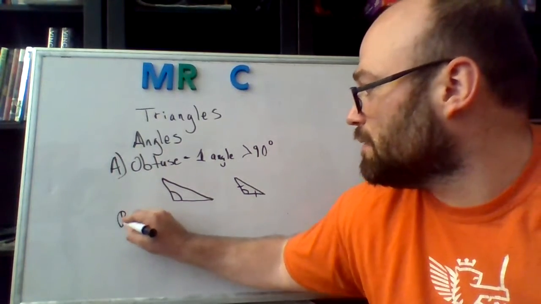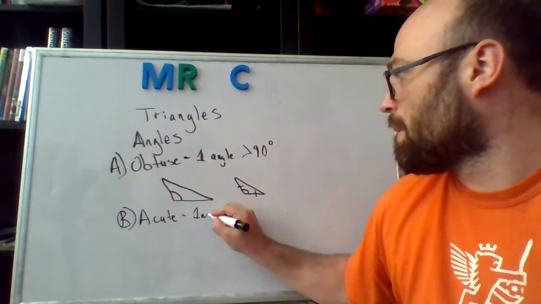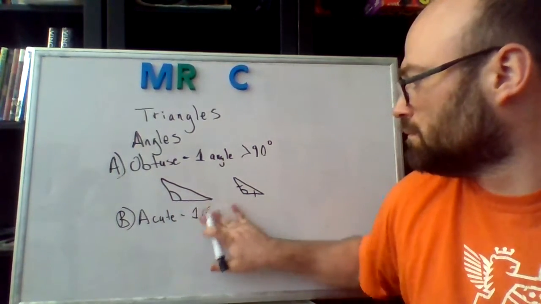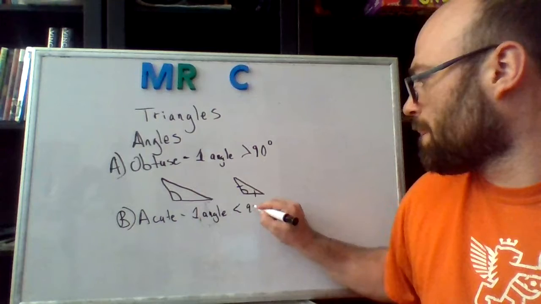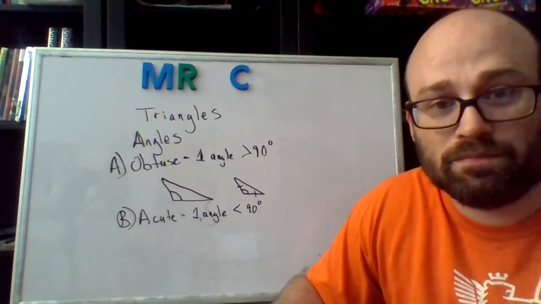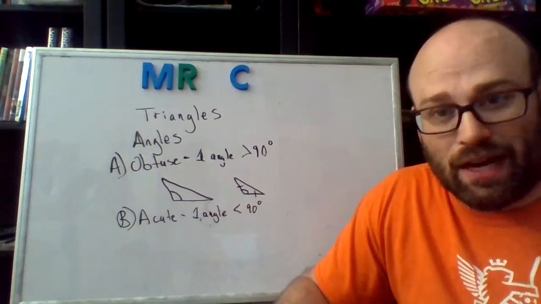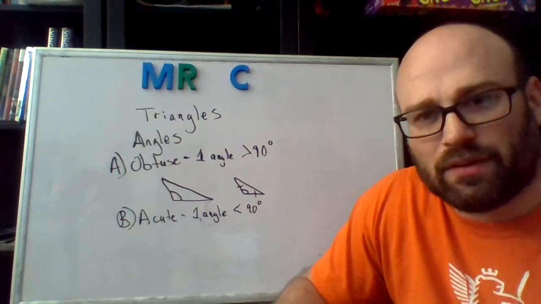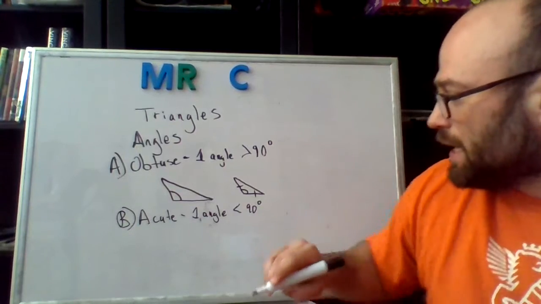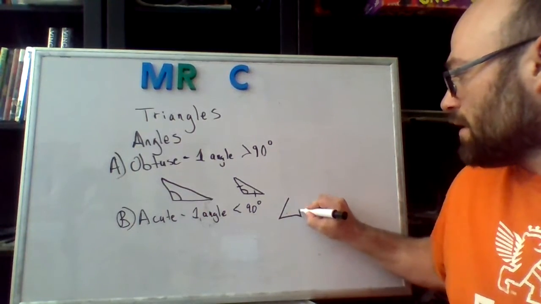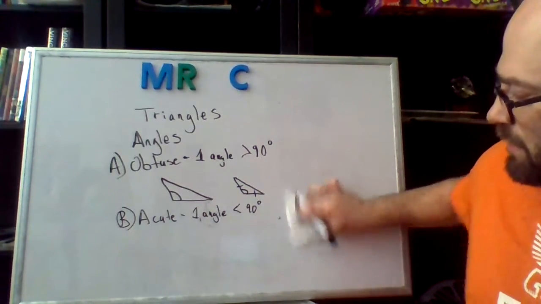Then B, here we have acute, which means all angles are less than 90 degrees. Remember, when we talked about angle size earlier in, I think, Unit 7, an acute angle is less than 90 degrees. So definitely something that looks like an equilateral triangle has all angles less than 90. It's so hard to write on this thing.